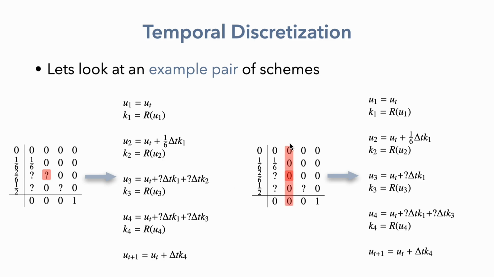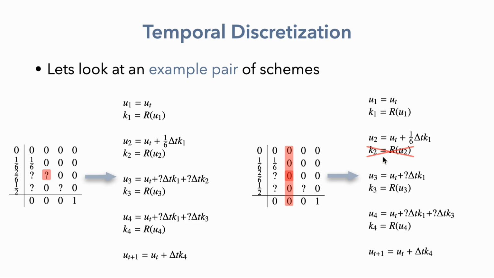Now what you'll notice is that actually the right-hand side from k2 is never required. So the right-hand side of the second stage solution is never required. That means we just don't need to compute it. We're never going to require it. So we'll get our u2, but we won't evaluate k2. We're just going to skip evaluating this. So you can see that while this scheme required evaluating 4 right-hand sides, this scheme required evaluating only 3